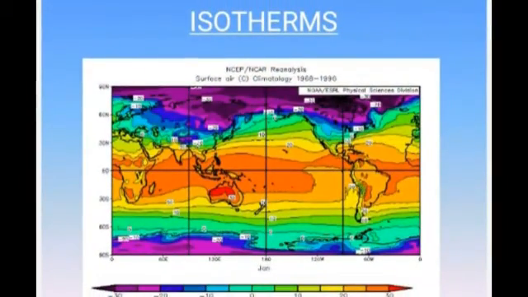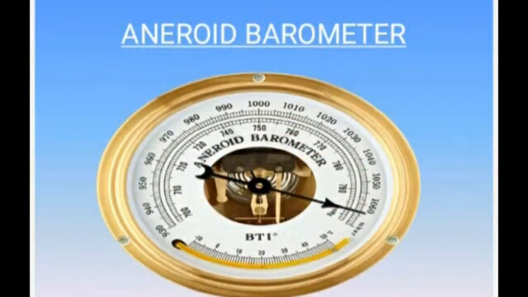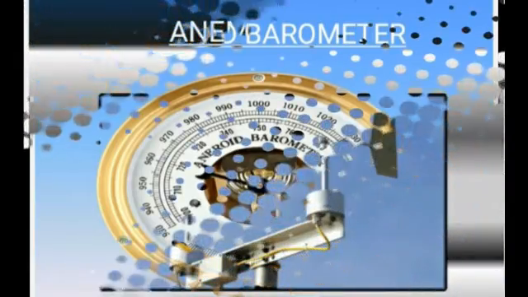So next we saw what are isotherms. So on a weather map, the line which joins the places having equal temperature is called an isotherm. So what are isotherms? The line which joins the places having equal temperature. So next one is about the barometer. So barometer, aneroid barometer and barograph are used to measure the atmospheric pressure. And millibar is the unit used to measure the atmospheric pressure. So children, I am revising all these hints because you have to keep this in your mind.